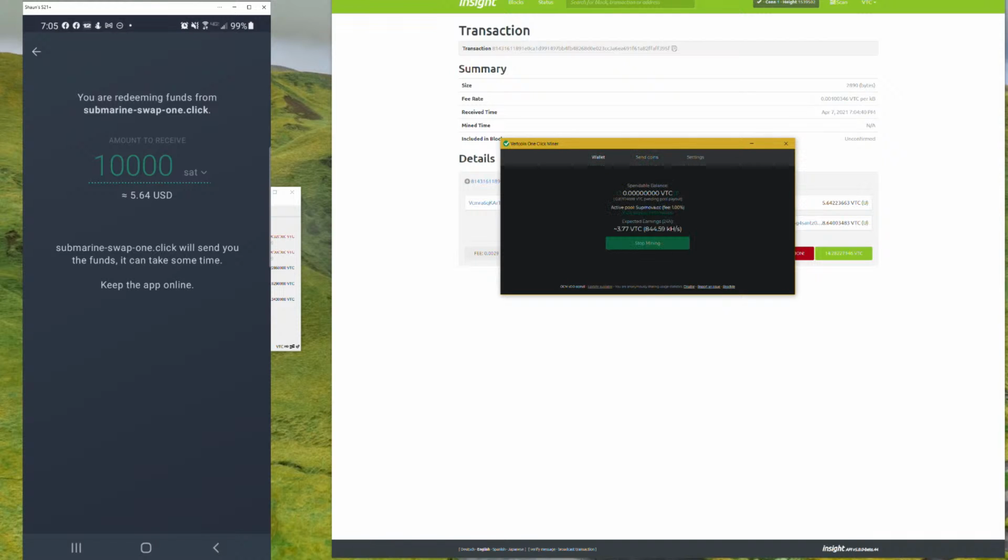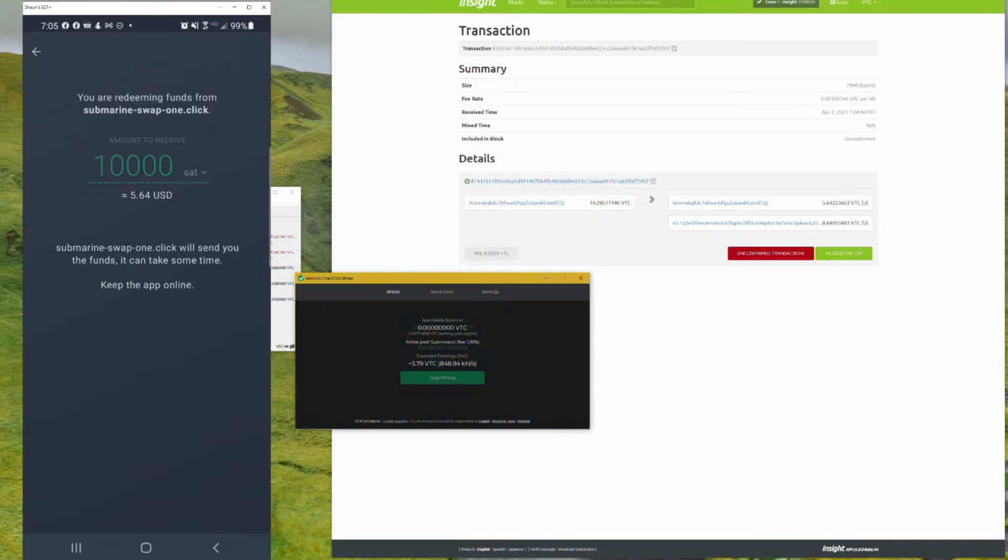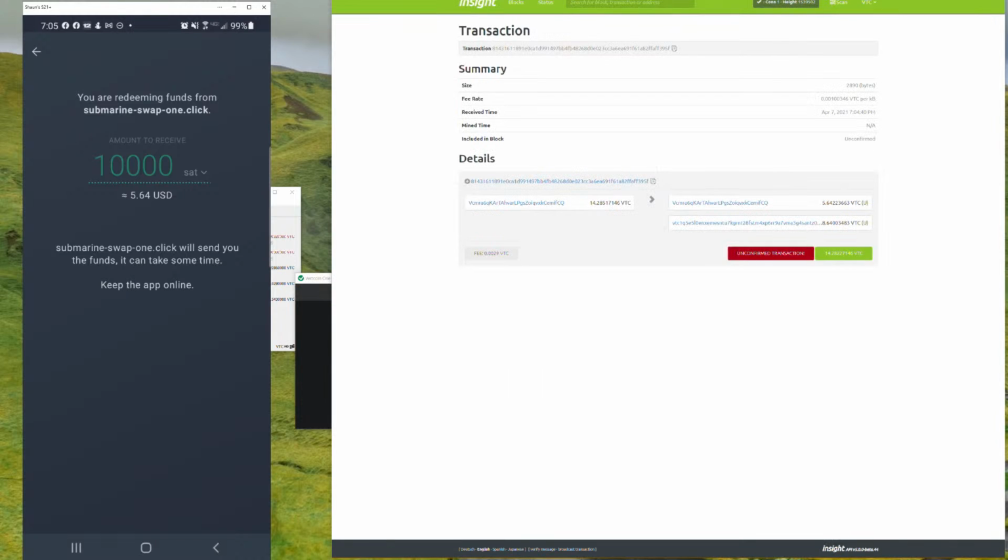Go back to the wallet. You can see that now I have 0 Vertcoin. So I've spent all of the coins. I'm wondering if I must have spent or sent all of the available balance. So once this is confirmed,